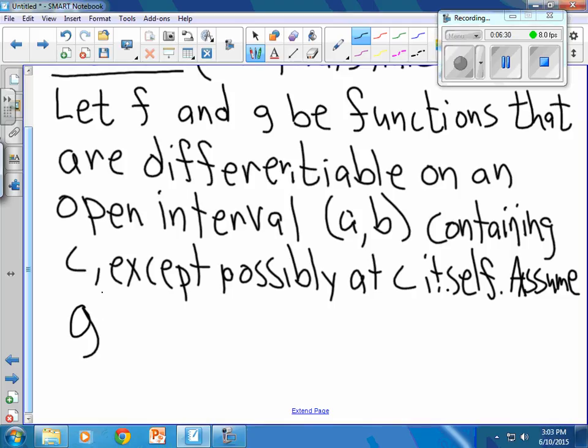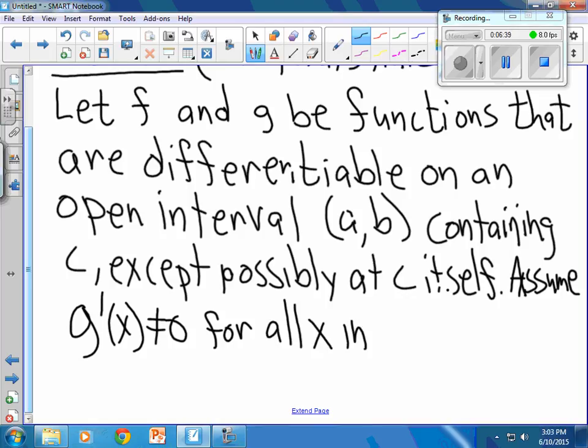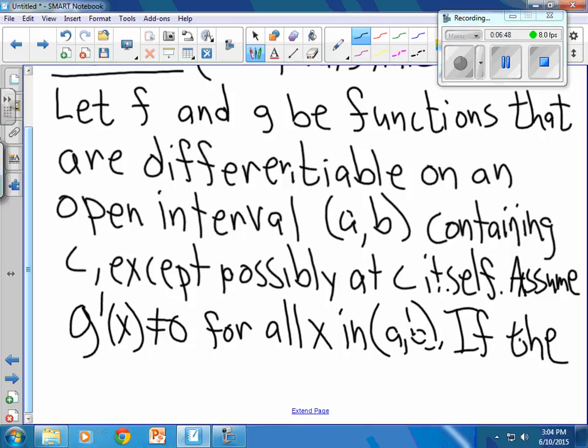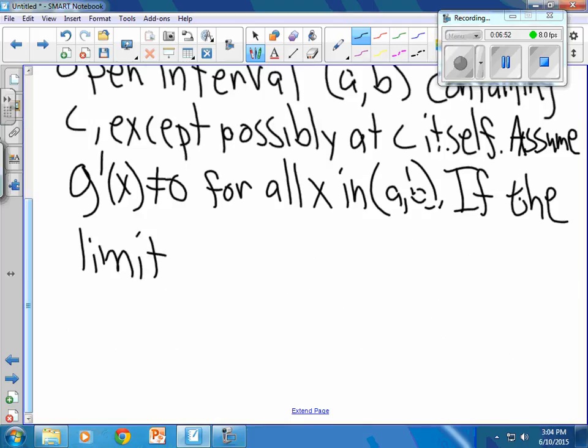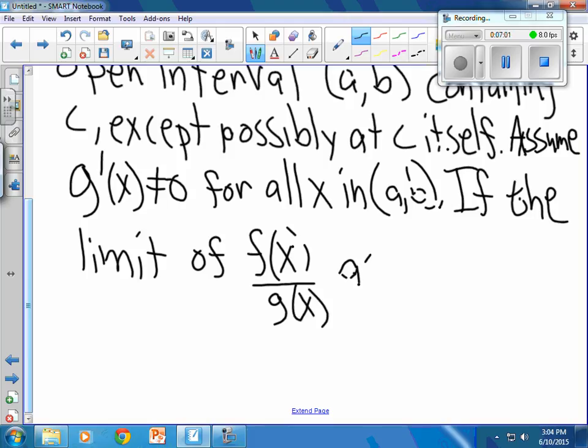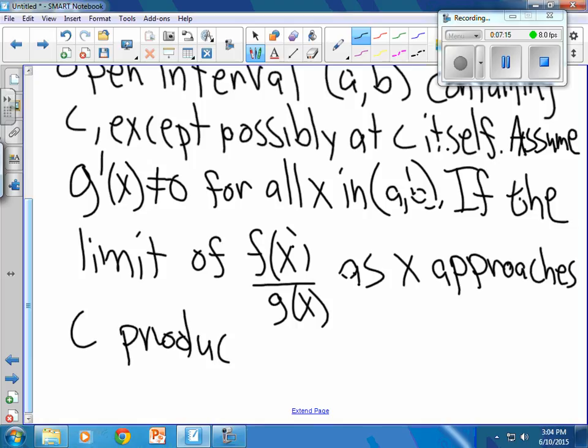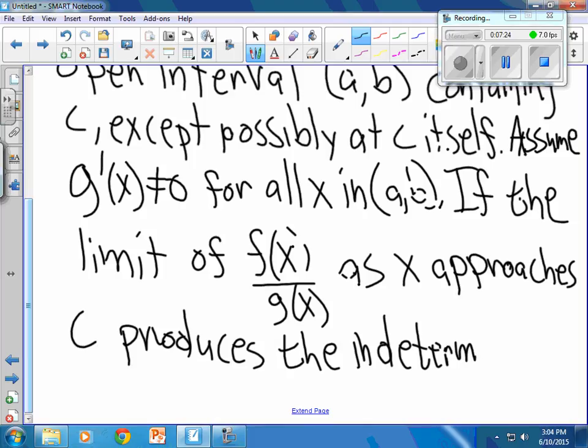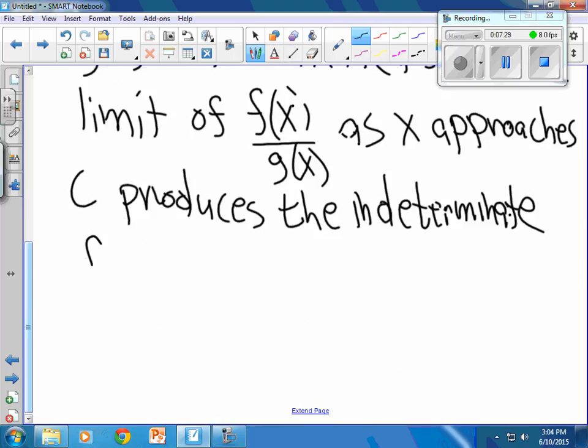Assume that g prime of x is not 0 for all x in the open interval from A to B. If the limit of f of x divided by g of x as x approaches C produces the indeterminate form 0 divided by 0, then